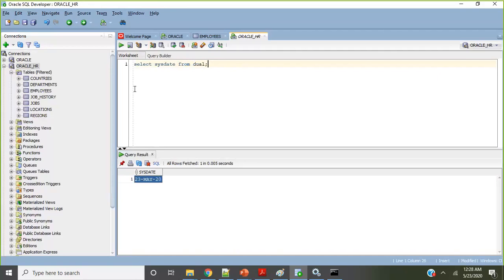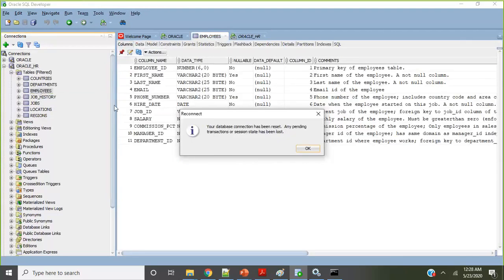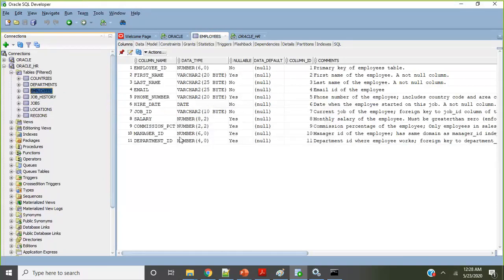Now look here. I will show you more in the next video, but at this moment, if you go to the employee table, it's saying that the Oracle database connection has been reset. Any pending transaction or session state has been lost. Okay, I did the database reset a few minutes back, you remember that.